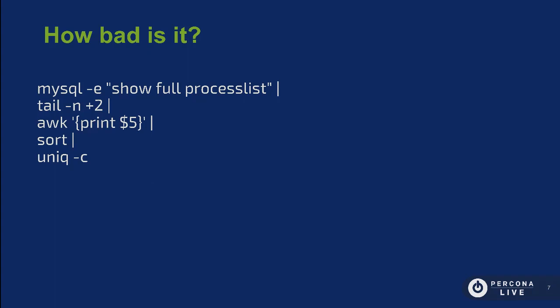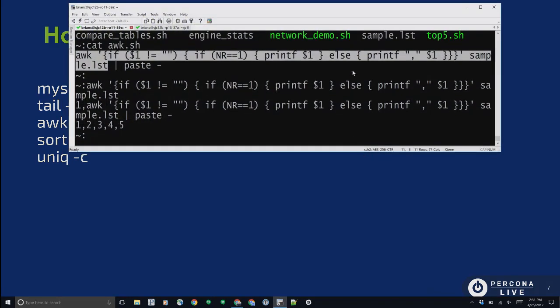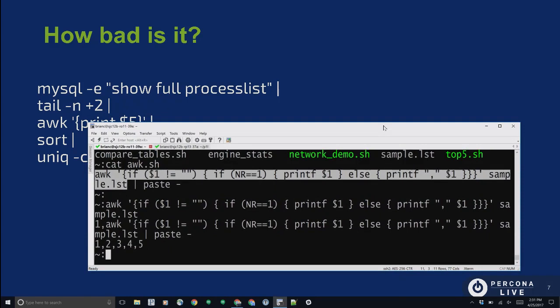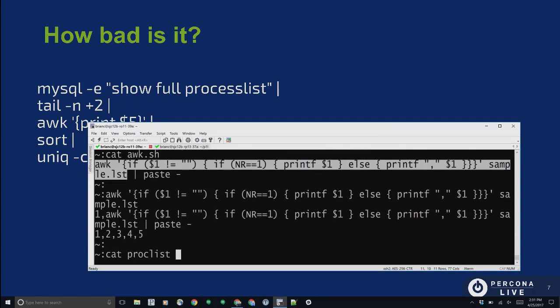So first off, one of the things you can do is figure out, how bad is the situation? What is it that maybe is the cause of it? Is it sleeps? Is it a lot of queries running? Is it waiting on semi-sync? What exactly is the problem that's going on? So what I can do is I'll run basically this, but with a sample. So my process list, first thing with a process list is,